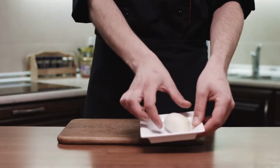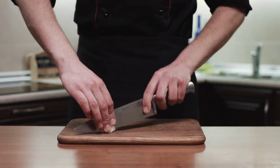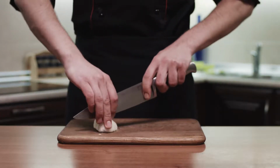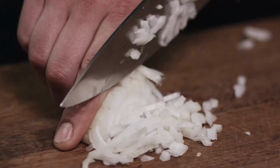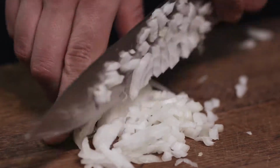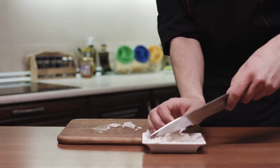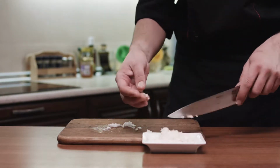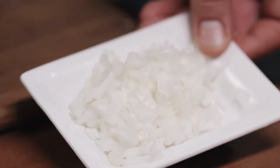Now, take half the onion and cut it into small cubes. In order not to cry doing this, we can put the onions in warm salted water for a few minutes and moisten the knife with cold water. However, in addition to the discomfort of cutting onion, its juice, microscopic particles of which cause tears, is very effective in